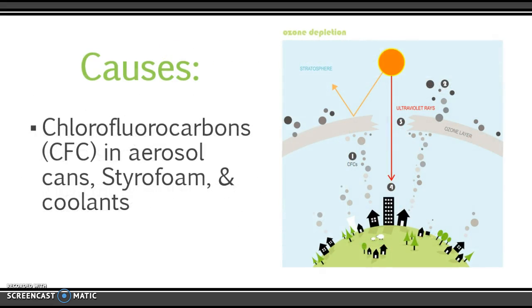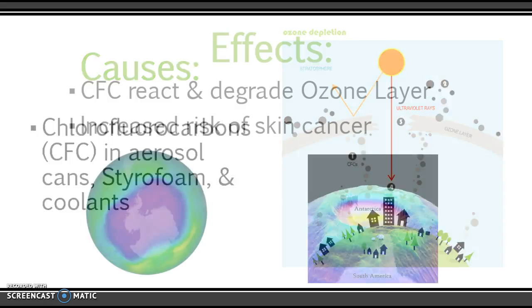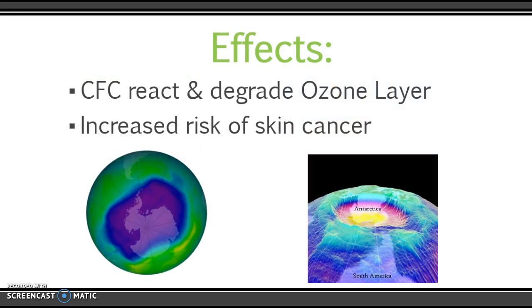So what causes the ozone to be depleted? Well, it's something known as a chlorofluorocarbon, or CFC. This is a chemical that is commonly found in aerosol cans like hairspray, styrofoam, and coolants. And what it does is it reacts with the ozone, and that ozone begins to degrade, and it allows a hole to form. So you can see here it's actually forming over Antarctica,